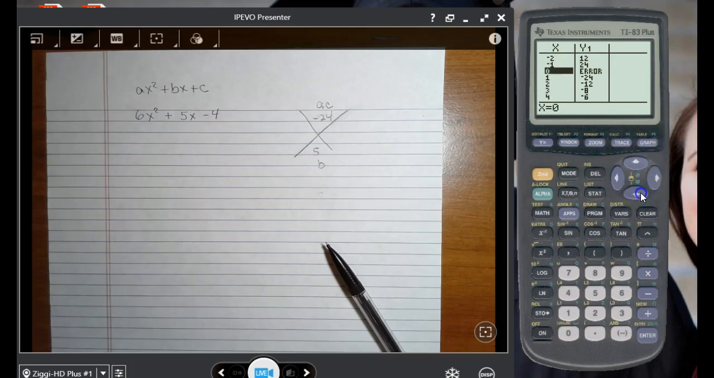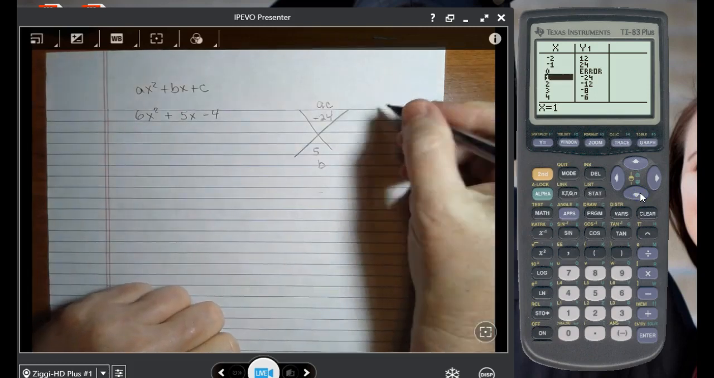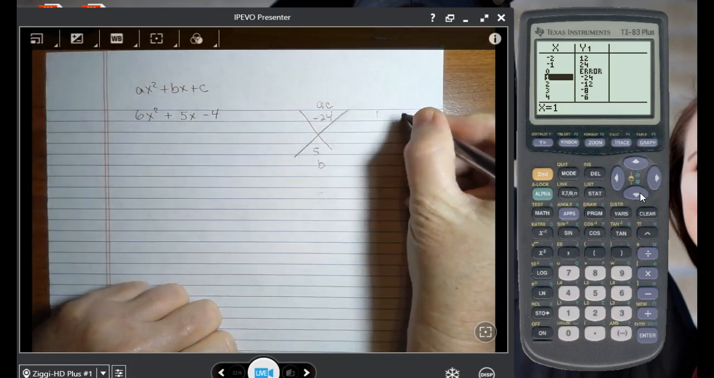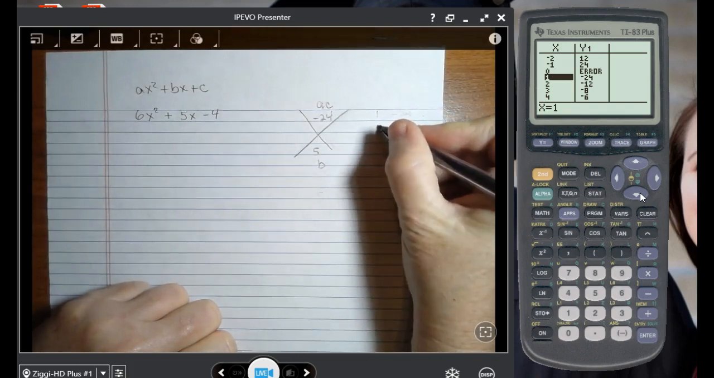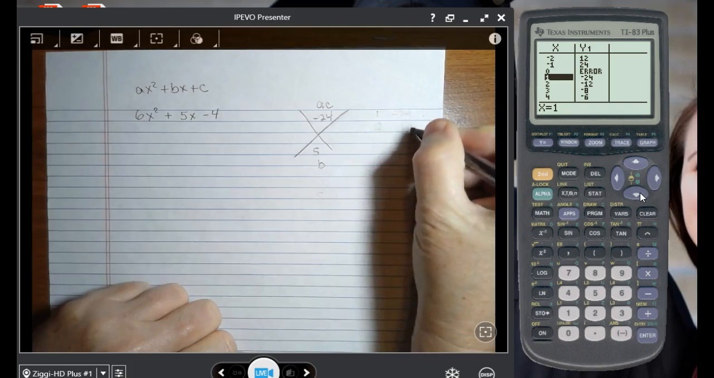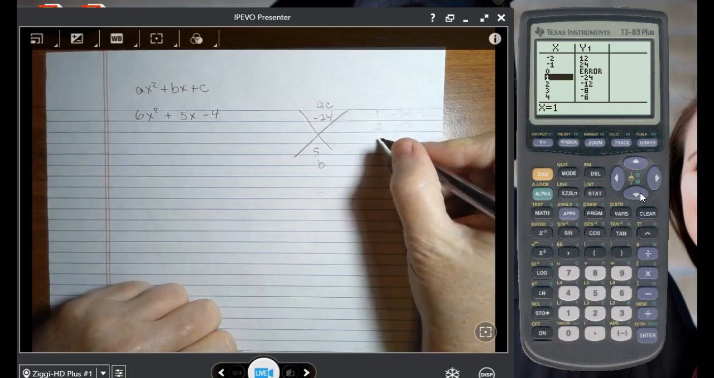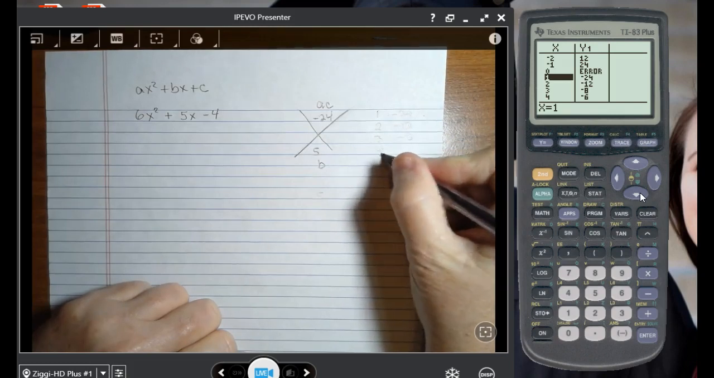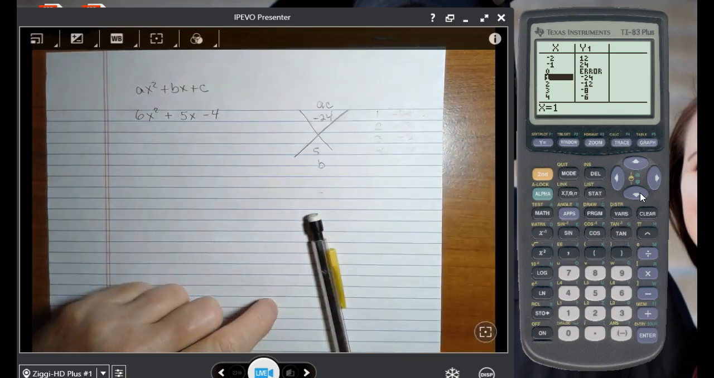So here we have a table. Now I'm looking for integers that multiply and give me 24. So here we can see we have 1 and negative 24. So I'm going to write those here. 1 times negative 24. And we have 2 and negative 12. We have 3 and negative 8. We have 4 and negative 6. And then we can